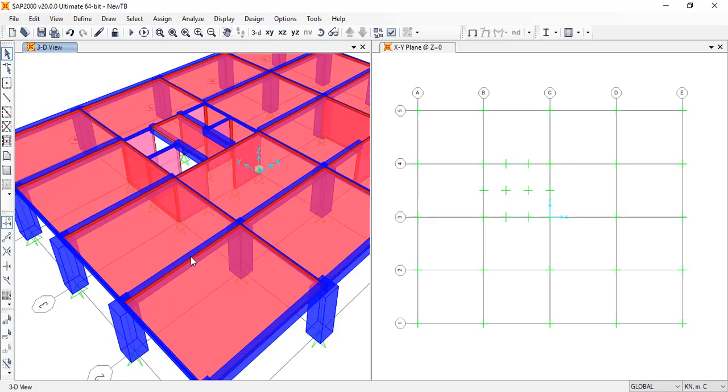So you can see something special here: the slab is 175, which is a fairly high value, right? So what you can do is add a secondary beam, so that your spans will be reduced and your slab thickness can be lowered to around 125. Okay, so if you remove it, you will be removing 50 millimeters of concrete from the entire slab,